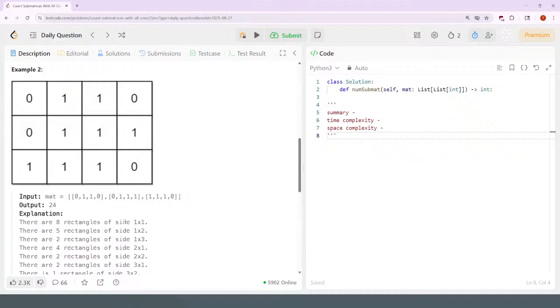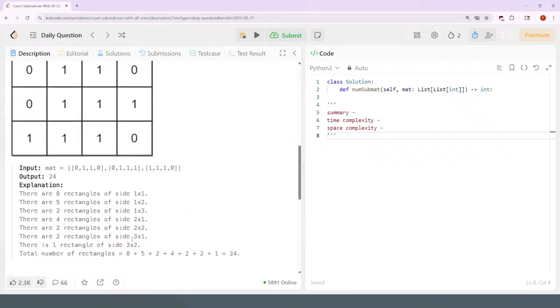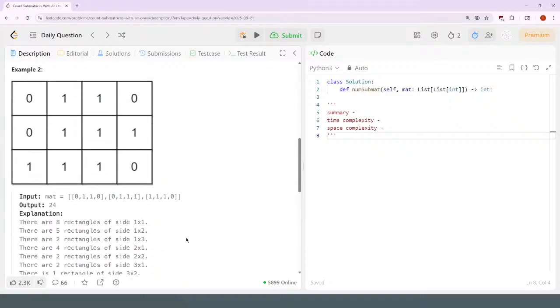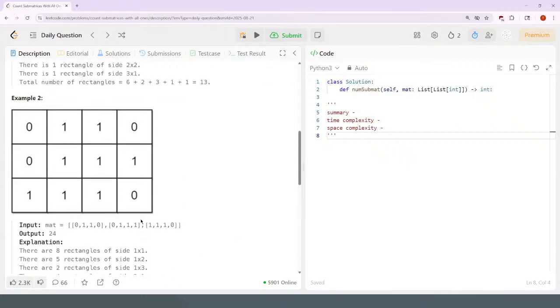Missed some. 1, 2, 4, 2, 2 by 3. Alright, so anyways, it's 24. Okay, so